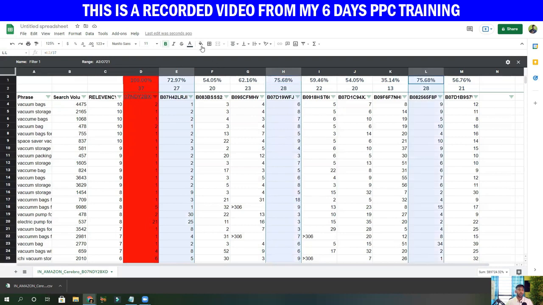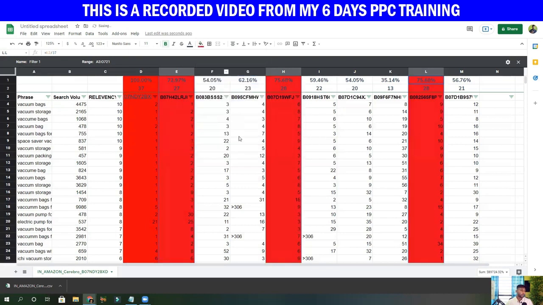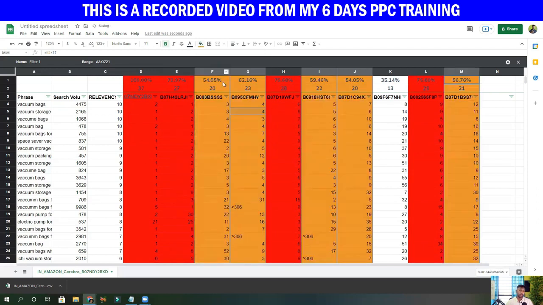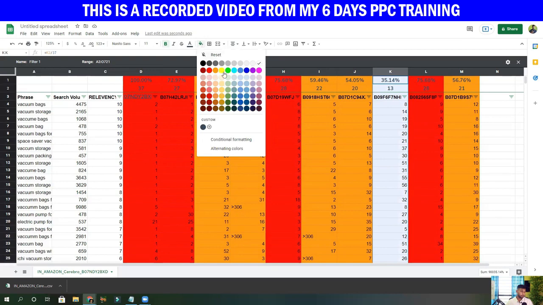Okay, so we are going to do red. So we can't compete with them very easily. It will take us like 6 to 8 months to beat this and rank for all these keywords, unless your product is very well differentiated and bundled. The next thing that we are going to do, anything that is above 50% is also a little bit dangerous for us, not that much, still a little bit. So I'm making it orange. And the ones below 50%, like 30%, we can compete with them.